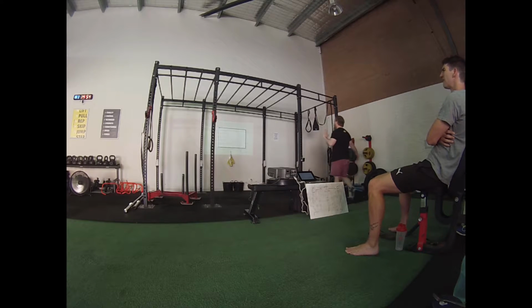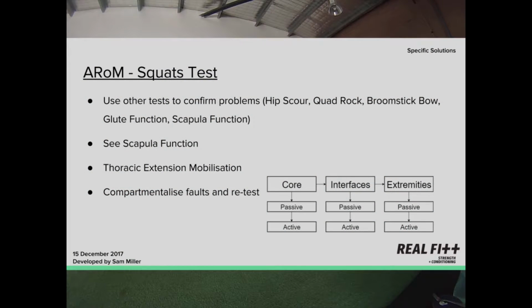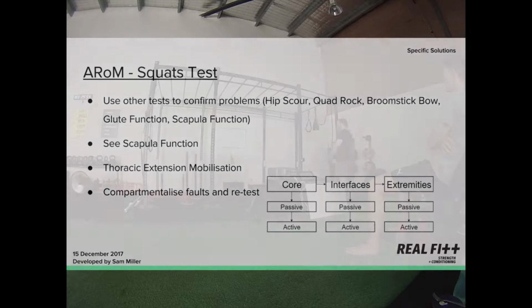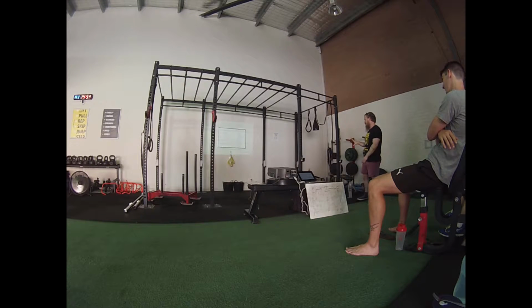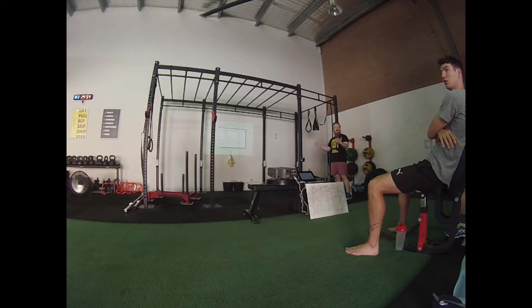Squats test. This could be a whole lecture on its own, because the squats test is the biggest time sink in that entire screening process. There's a lot to capture. So again, go into the cheat sheets and look at that compared to the section of the cheat sheets. See what you can double up on to try and understand the problems that you're finding. As you move into the